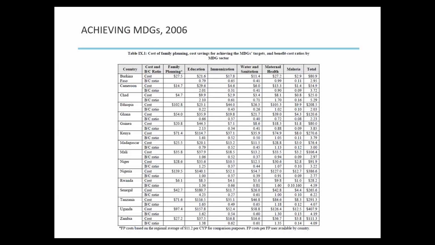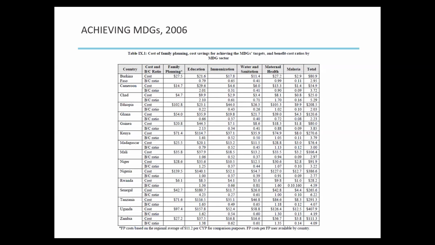And you can see that these countries are all in sub-Saharan Africa. And you can see that on the top of this table, a whole host of different sectors were analyzed. And these were sectors that were part of the MDGs, where there were goals in education, immunization,